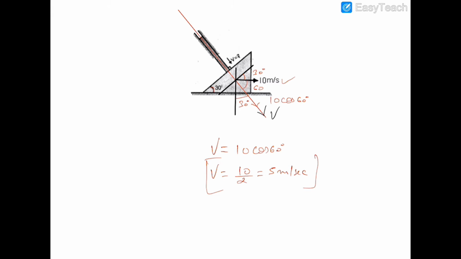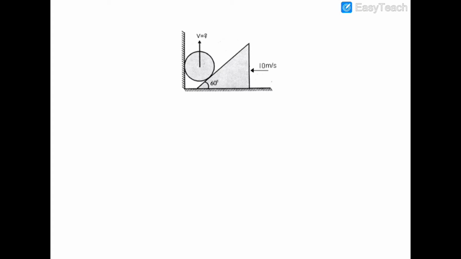So let's move forward to the next question. Now in this same kind of problem, again we have to find the velocity of this ball, and we are applying the 3 steps which we have already discussed in previous problems. The first step is identification of the directions of the velocities of the objects, and it is already given in the question. Now we are drawing the normal to the moving contact. So the normal to the contact will be like that.